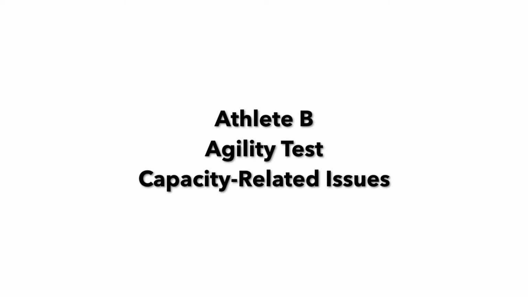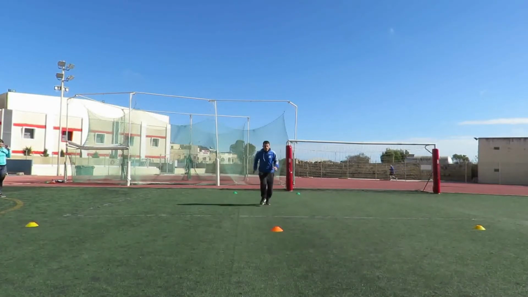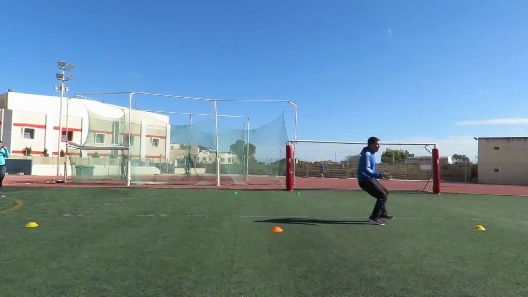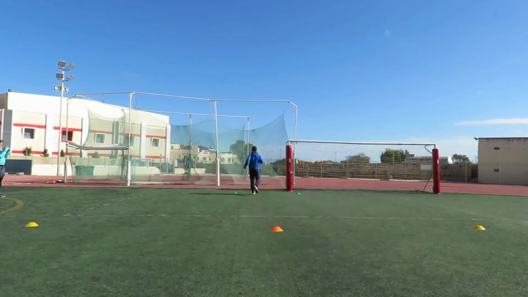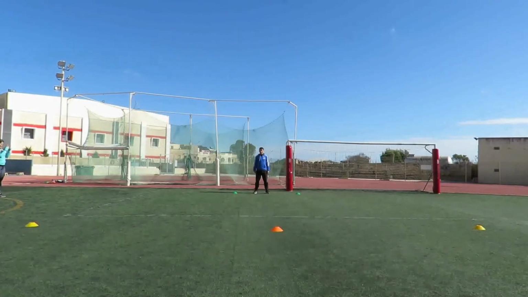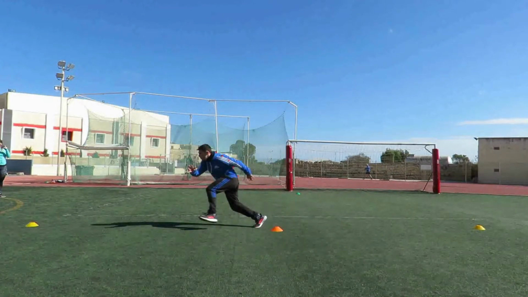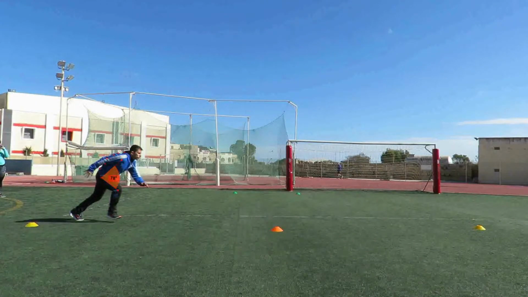Athlete B is myself completing the agility test. Similar to the acceleration test, there are capacity-related issues with my performance. However, some skill-related issues are present as well. Just like the acceleration test, we can see that a kyphotic curve occurs throughout this performance. We can also see lack of knee drive,